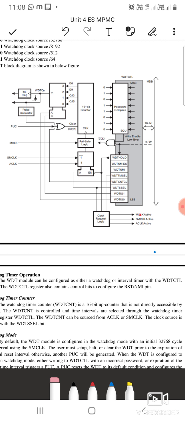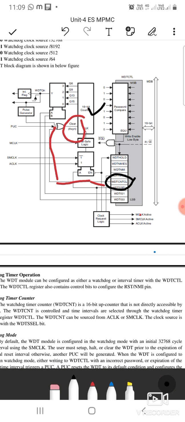You can clear your watchdog timer in 3 ways. First, you can clear the watchdog timer 16-bit counter through software using WDT CNT CL, the counter clear register. Setting this counter clear register will clear the 16-bit counter.